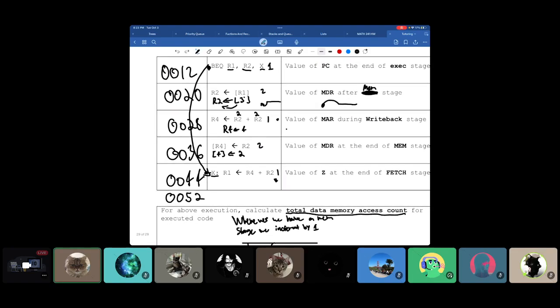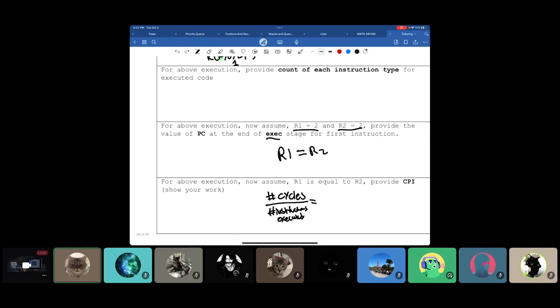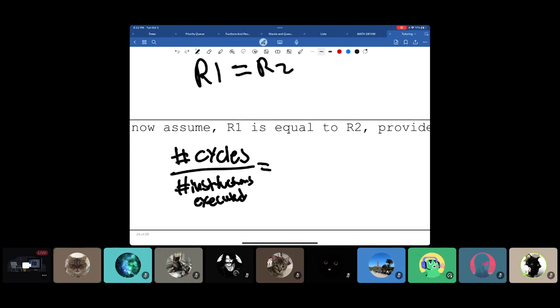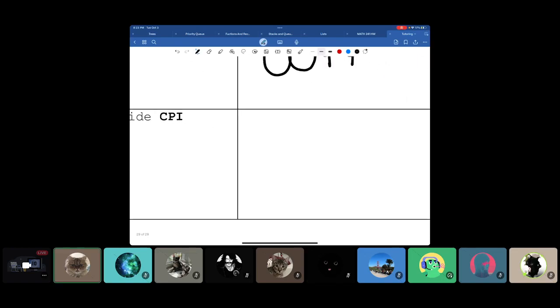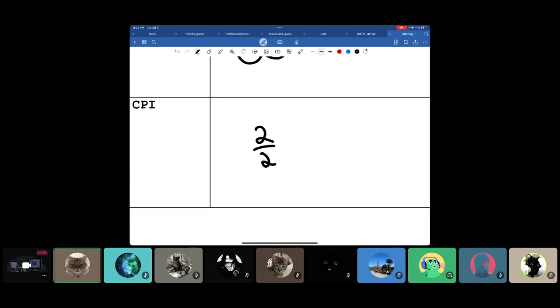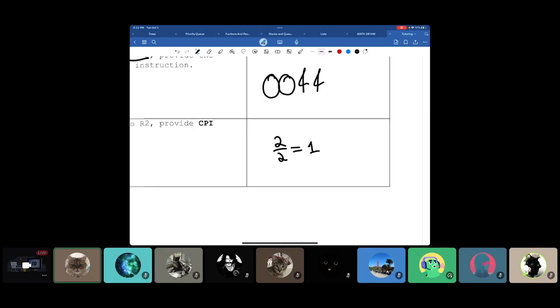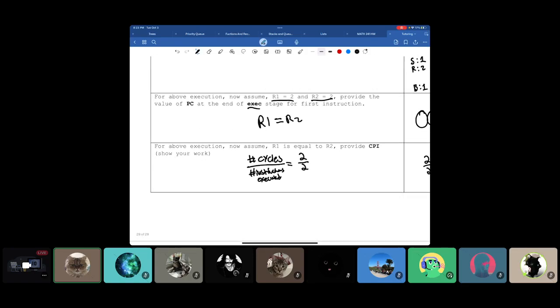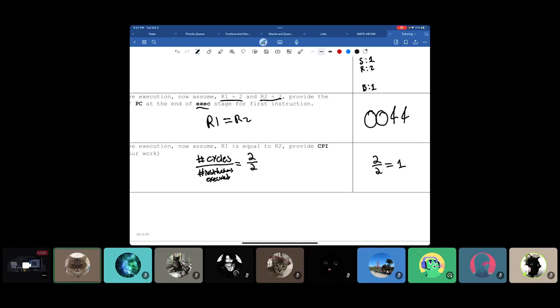So from that, we have 2 cycles and 2 instructions executed. So that's going to be 2 over 2. So your answer is 2 over 2 is equal to 1. Your CPI, since we're on a single-cycle processor, is always going to be 1,